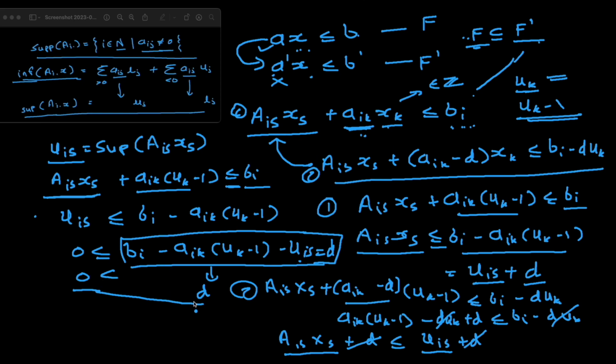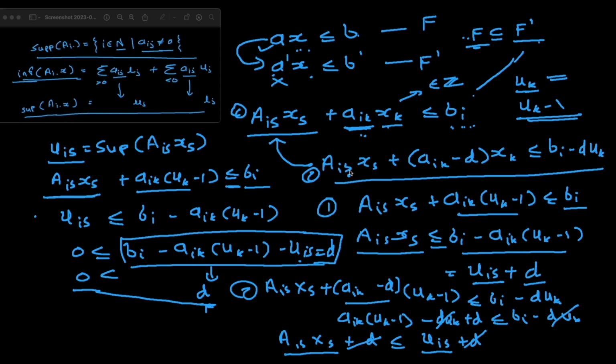That's because this d is already greater than 0. So for xk equal to uk minus 1, it was satisfied, and for smaller values it will keep satisfying. For the smaller values it will take, this subtracted part will be even smaller, so that's why this part will keep staying greater or equal to 0. So all feasible values for constraint 1 are also feasible for constraint 2,